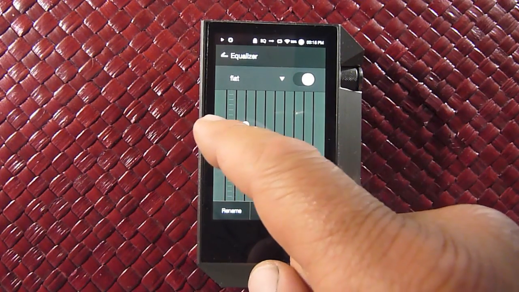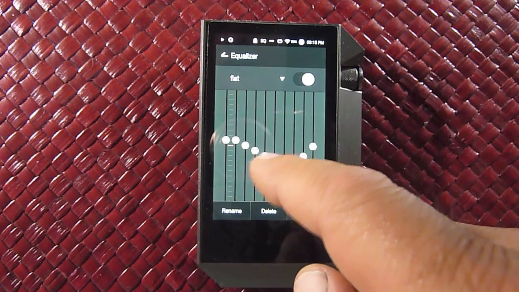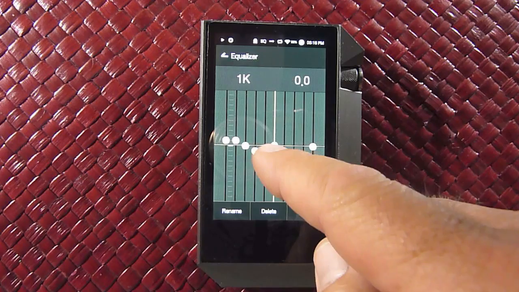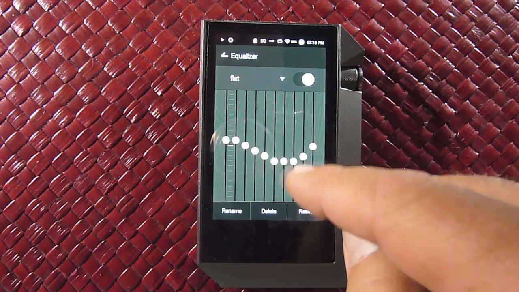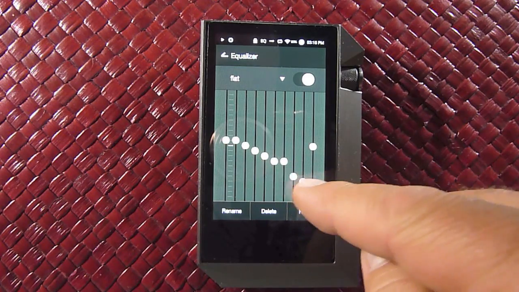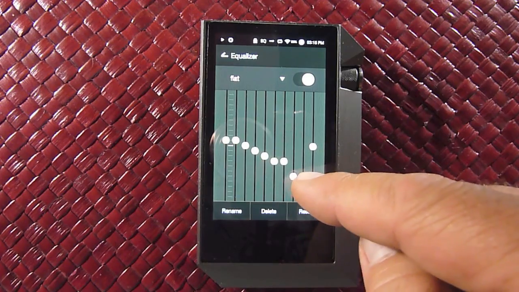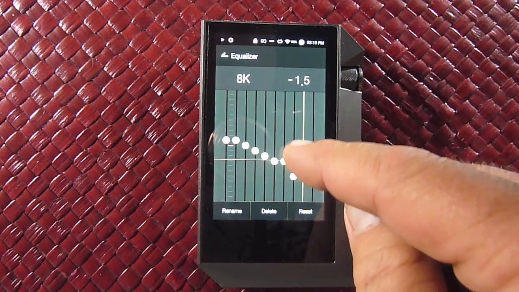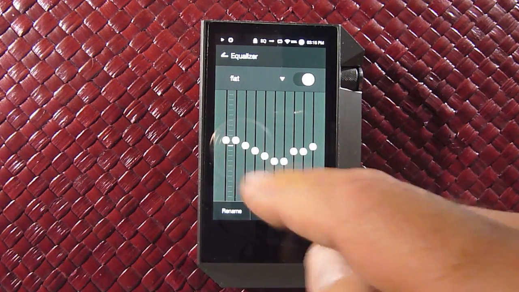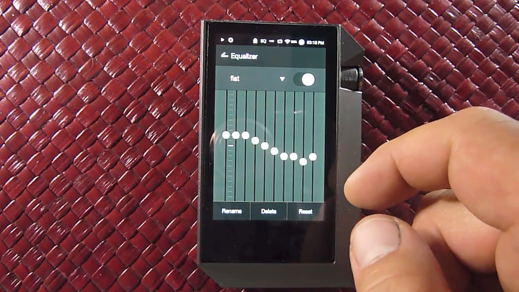The only problem I have with it is that if you want to make fine adjustments, you have to pick one of the sliders and move it up and down, but I found that it's not so easy to pick the button, and then you accidentally draw a line on the screen and you saw those two faders moving. So sometimes it's hard to pick each one. You have to be very careful with your finger placement. Nonetheless, it's a very nice equalization